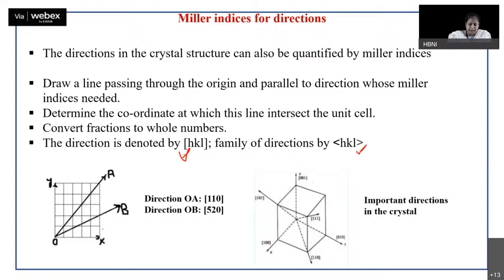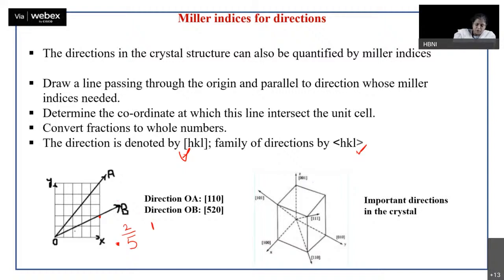Look at this left hand side figure. Assume that the c axis is 0 everywhere and I want to find the direction OB. OB is intersecting this particular grid at this point, and for your convenience I've divided it into 5 parts in both x and y direction. The coordinate of the point where it is intersecting is, on the x axis,